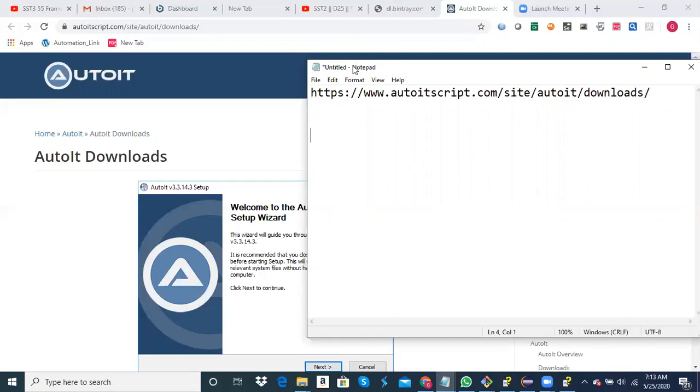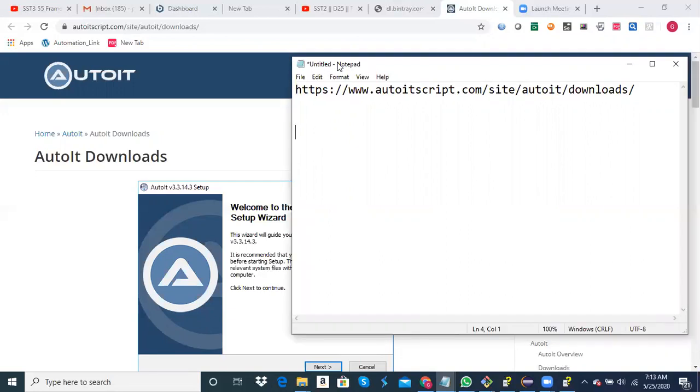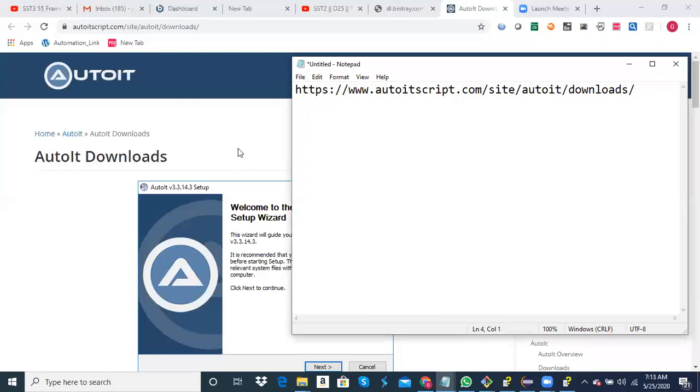So generally, AutoIT is used for automating these applications. For example, you can launch a notepad, write something on the notepad, save it and then close it.